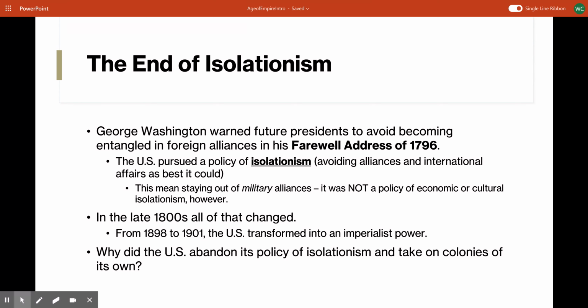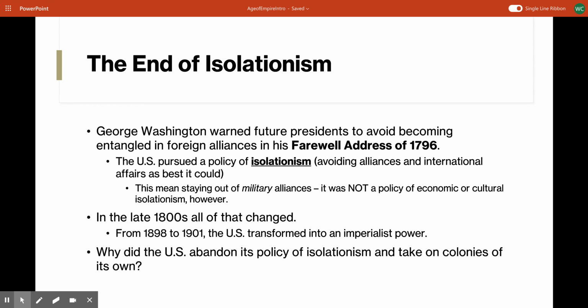Even though many nativists, as we learned in the previous unit, disliked aspects of culture that was imported by immigrants, really the United States was a quote unquote melting pot. And so while Americans were isolationists in terms of military alliances, they weren't necessarily isolationists in terms of economics and culture. But in the late 19th century, so right at the turn of the century,